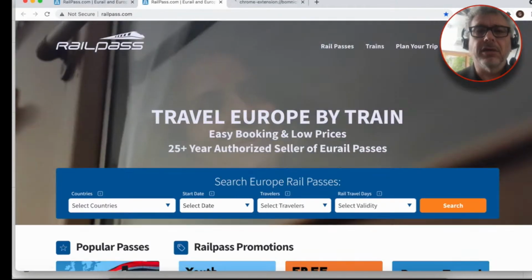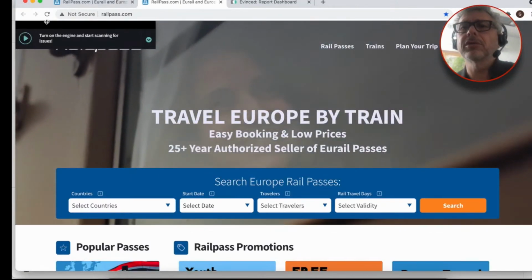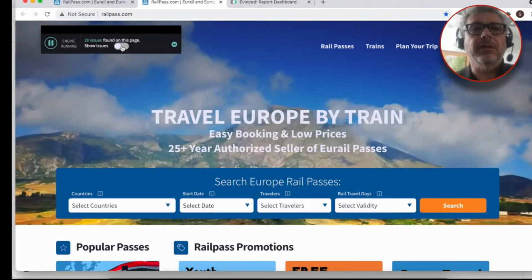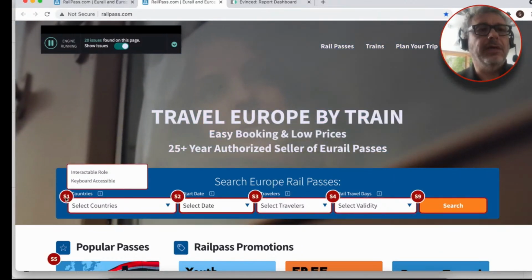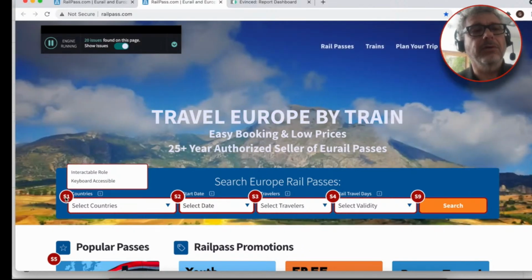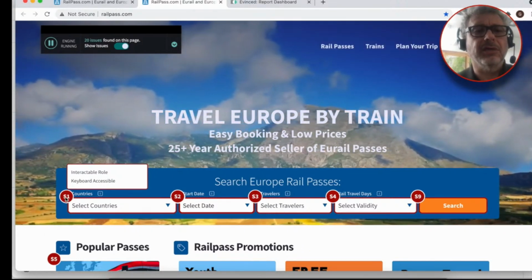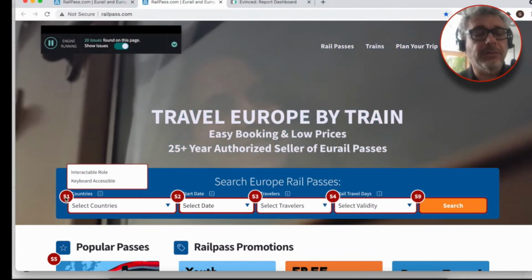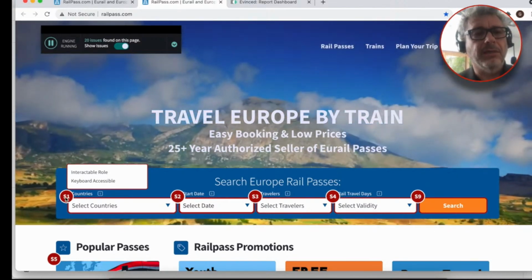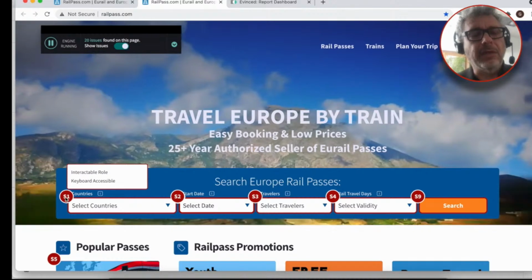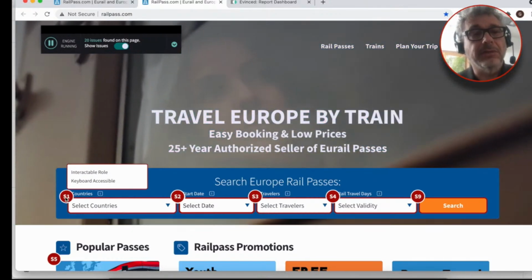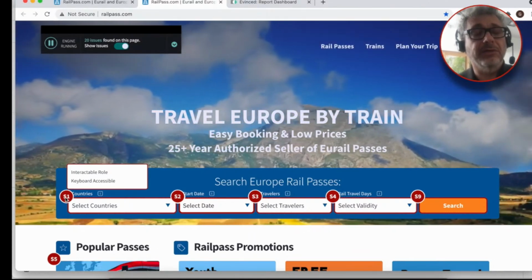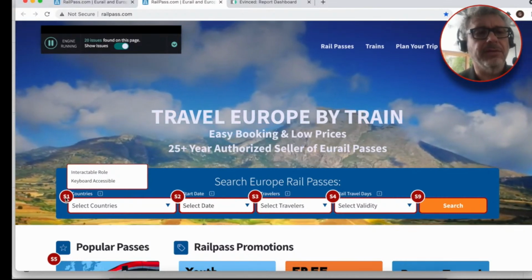So let's see our extension in action. This is the Evinced Flow Analyzer. I'm going to fire it by clicking the extension button, and I turn on the extension, and we already see 20 issues on the page. I can highlight them, and we can see that this is indeed an interactable role and keyboard accessible issue. We'll talk about the different validations soon. But interactable role basically means that the element would expose itself as not interactable to assistive technology. There is a discrepancy in the role of the element.